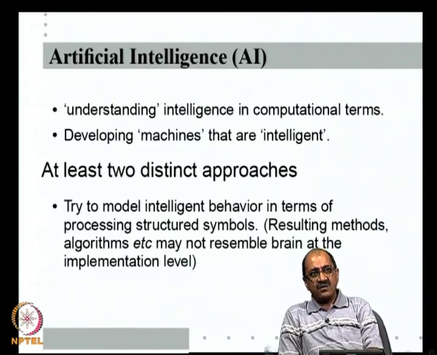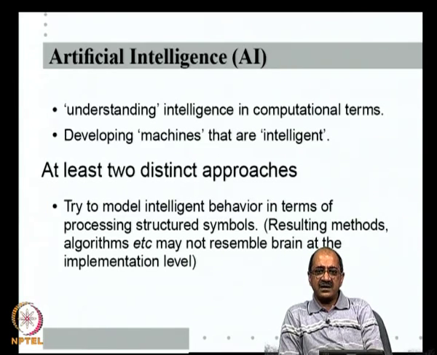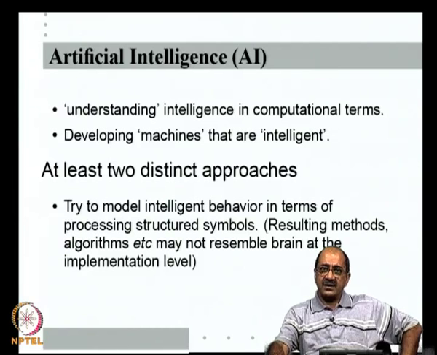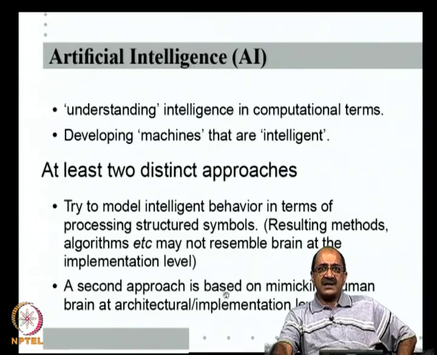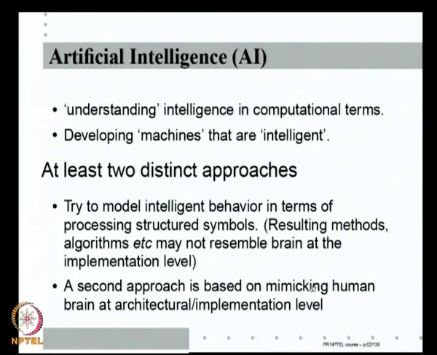As a matter of fact, we may not even understand how the brain does something, but if you understand what computation is involved in a particular intelligent behavior, then we can simply try and create it through some symbol manipulation. The second is to say, well, we do not know how the brain actually achieves its function, but we know a lot about the brain's architecture. So, let us try and mimic the architecture of the brain and then ask, does it lead us to a kind of machine that has some interesting behavior?